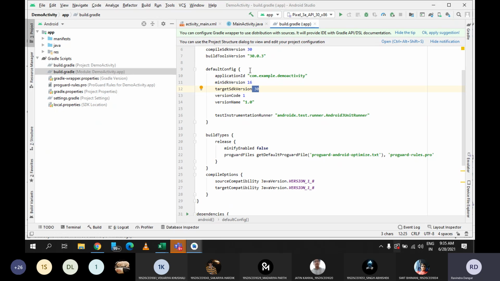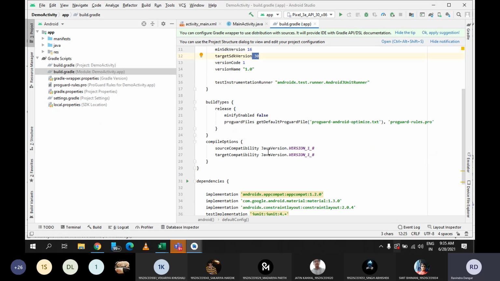While implementing the applications, whatever API level you have chosen, based on that it will write the SDK versions and everything. But the very important thing is whenever you want to include external libraries. I was saying that in Android Studio there are many inbuilt libraries which you can easily use. You don't even need to download them. But for your requirement, let's say there is nothing in Android Studio, in that case you will have to download the external libraries.